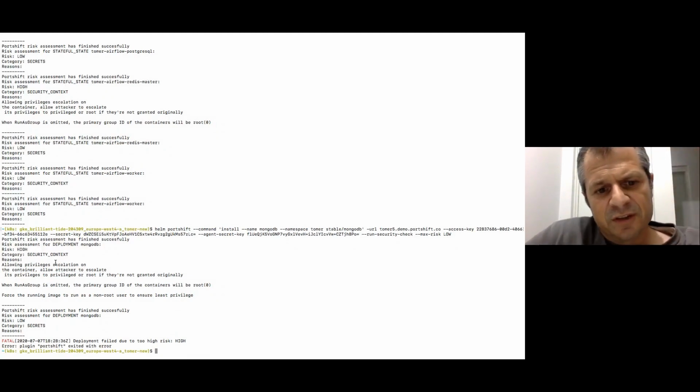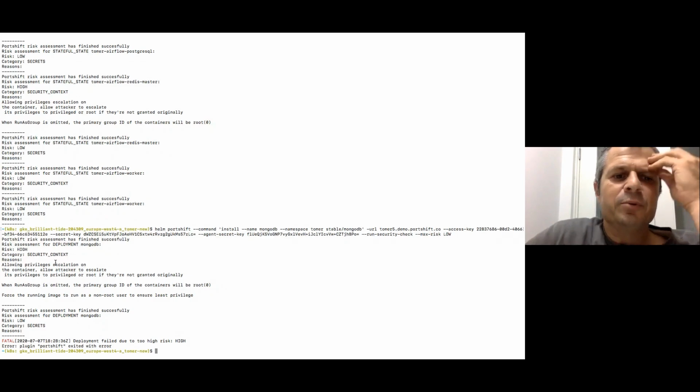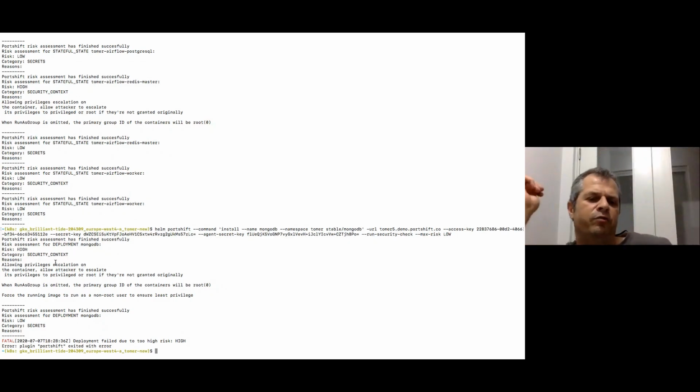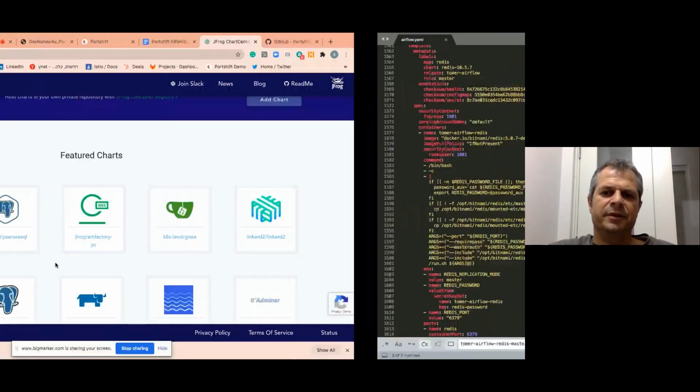So again, those are just simple examples of things that we deploy into our cluster. We deploy a database, or we deploy some tools, but it's always better to find them before they become real risk, before they become real deployments. So we define the trigger or the threshold that will allow us to stop it and prevent it from deployment.